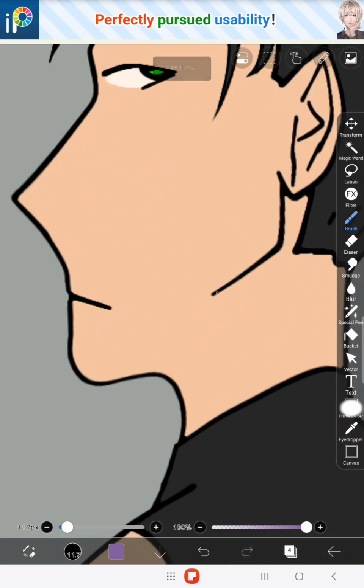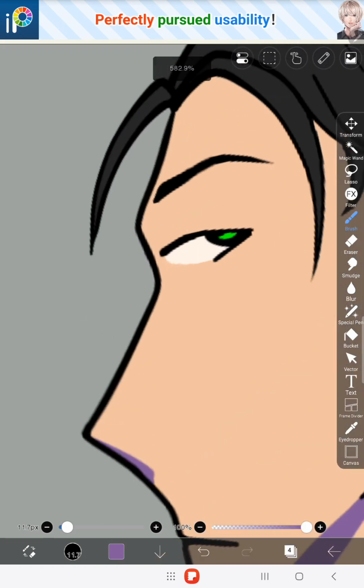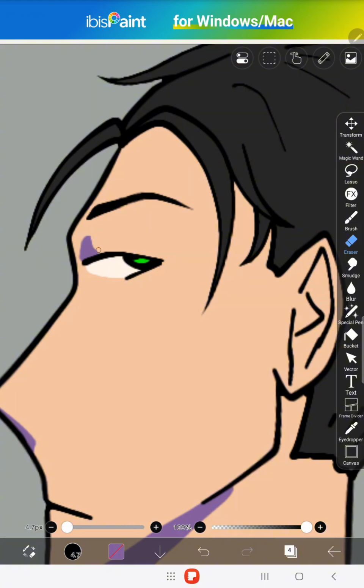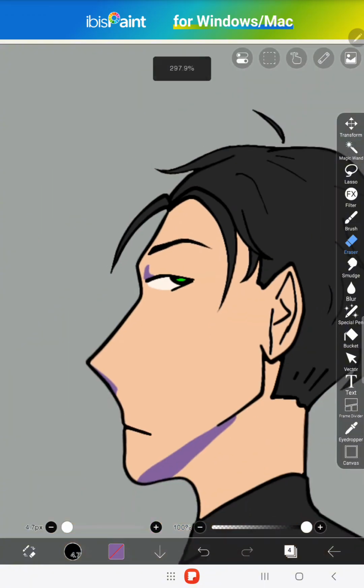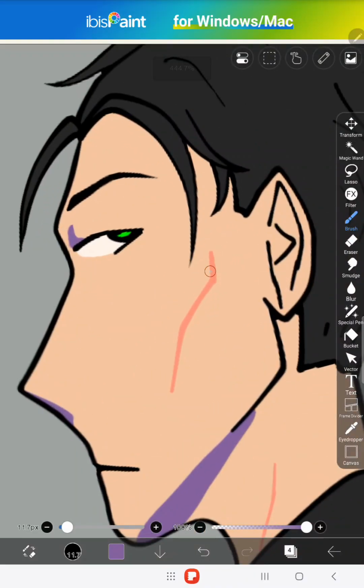So yeah, what I'm going to do is draw in, and I think I forgot to set this to multiply, and my brush is tweaking out. So we're gonna do that. Clip that down, remember that. I'm gonna do the shadow under his chin, one under his nose, a little bit of eyelid, just like that. And if I recall, with my guideline, Myosi Varin has defined cheekbones, so I'm gonna do